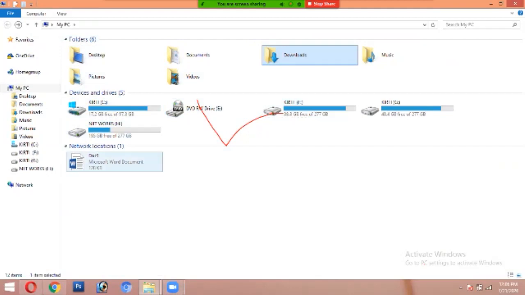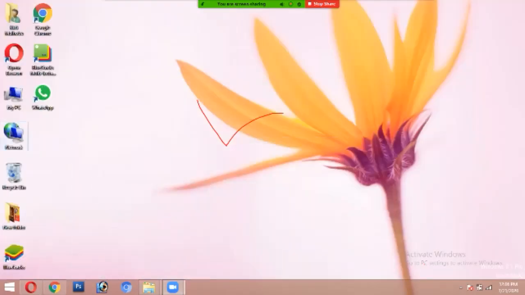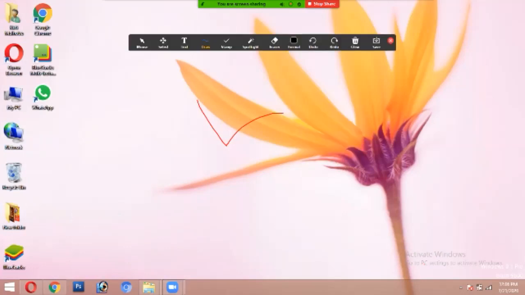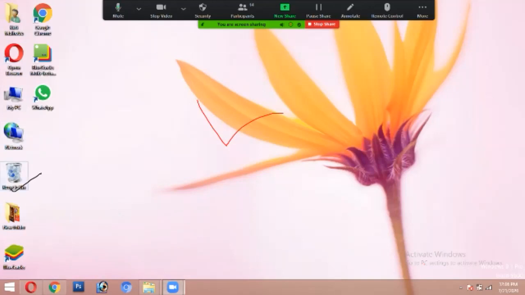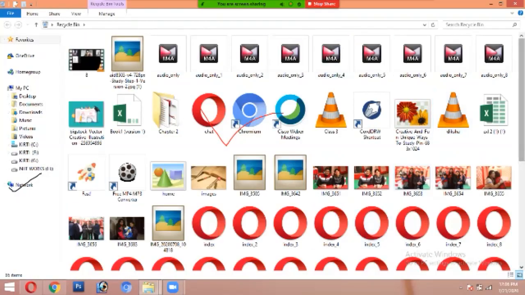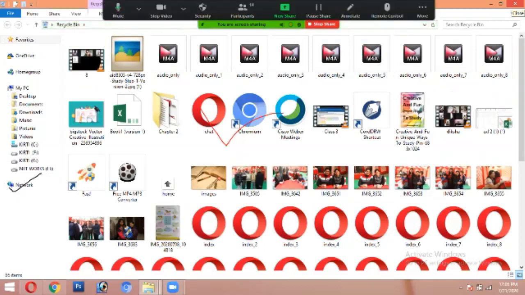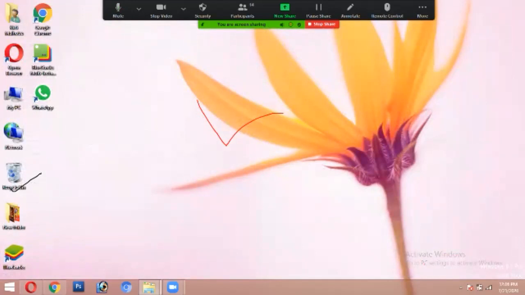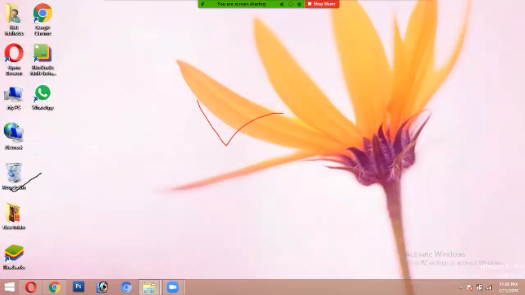Okay, students. Second comes the recycle bin. When we delete a file or folder, it goes directly to the recycle bin. Where is the recycle bin? It is on your desktop. You can see the recycle bin over here on the desktop, where I am moving my pointer. When I click on the recycle bin, it has all the deleted files and folders. Suppose these are the files and folders I have deleted; these are stored in the recycle bin. Whatever things I delete get stored in the recycle bin.